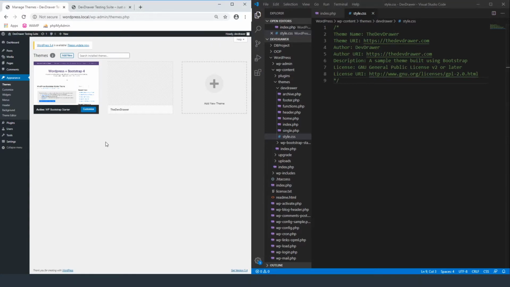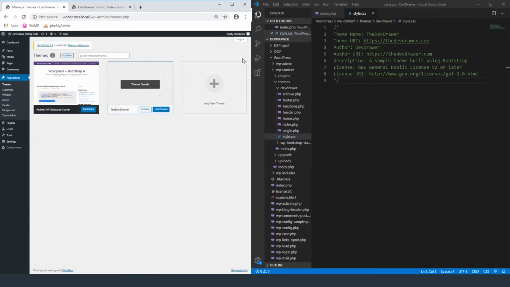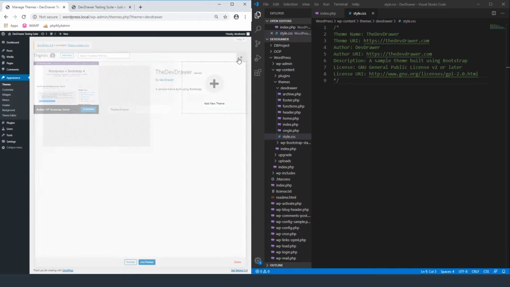So for right now, this is all we need to do inside of our style.css, and we're going to go over here and refresh it. And now you can see it says the dev drawer, and you can see the information that we put in here regarding it. I just noticed that we did not put in a version number,